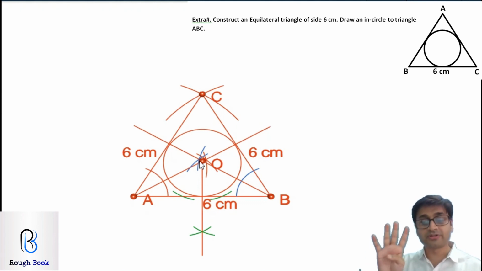So we did all 4 things. Only thing left is the hexagon. In this video, we've understood 4 things: tangents from a point outside the circle, tangent from a point on the circle, incircle, and circumcircle. I hope you enjoyed all of these 4 parts. Only thing left is the hexagon, which you will see in the next video.